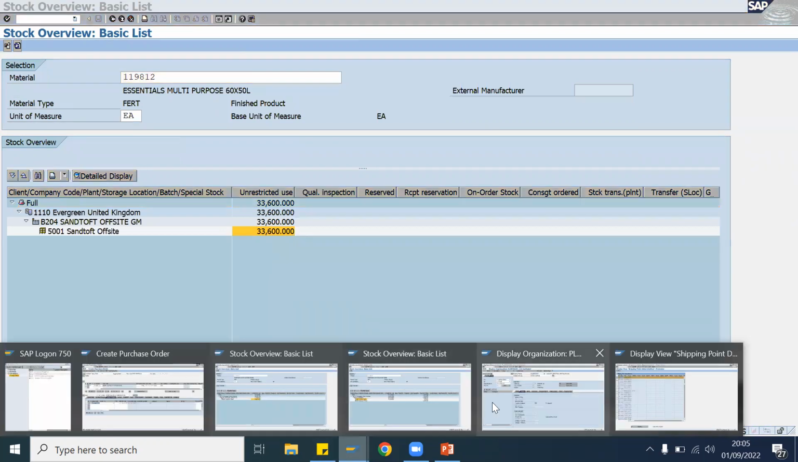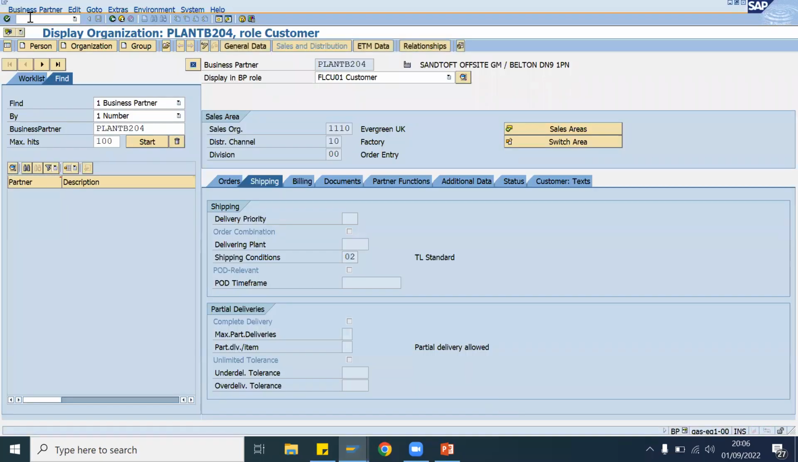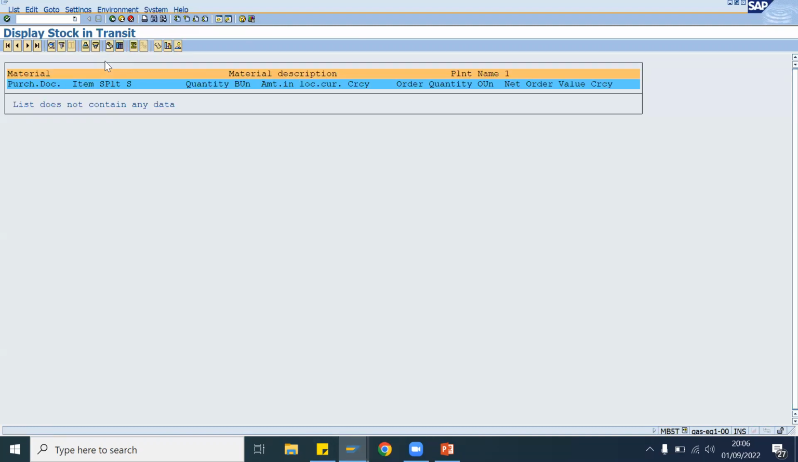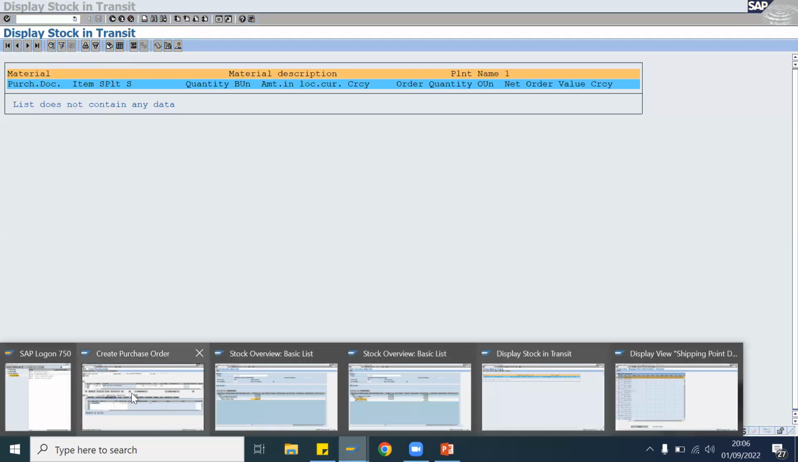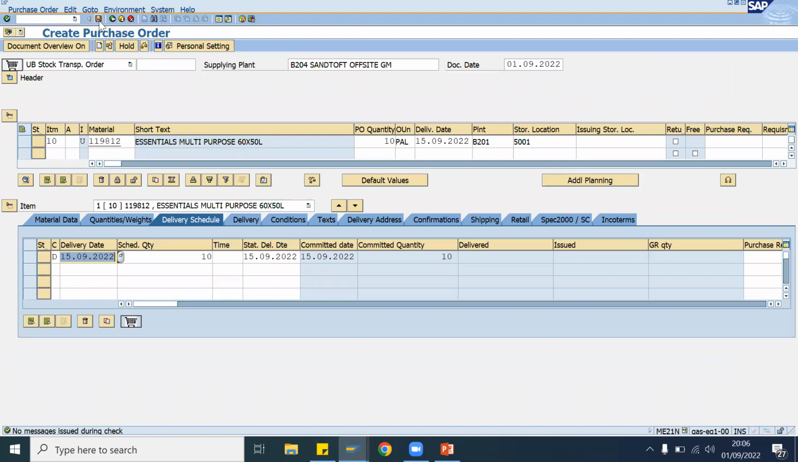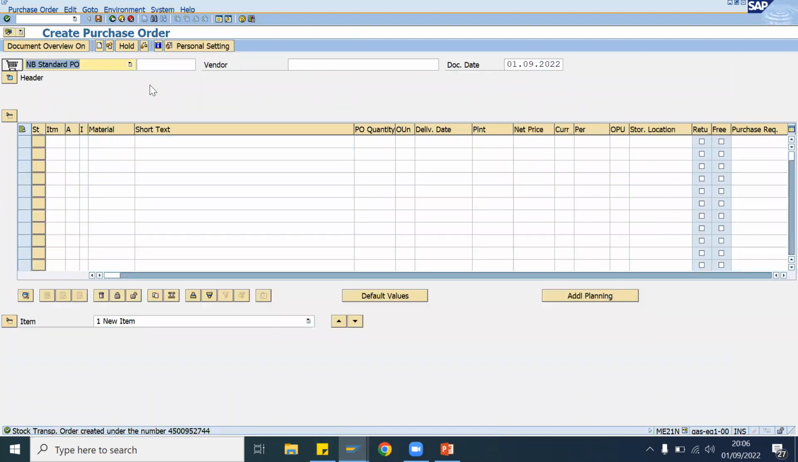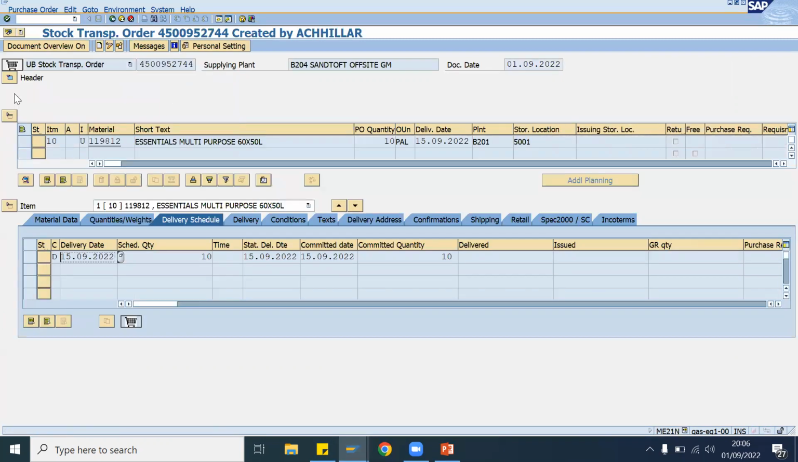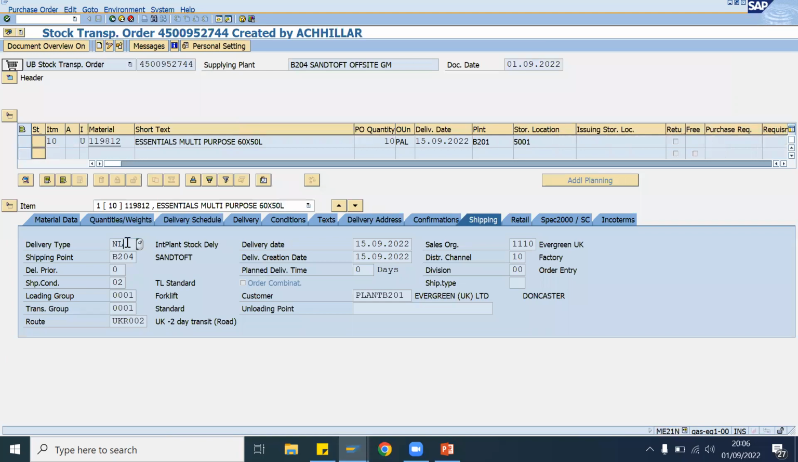Now I will also do MB5T and I can run, and you can see there is nothing in here. And when I save this PO and I copy this number and I open this PO, you can see here that this PO is created and it has a shipping tab. Now you can see here that shipping tab